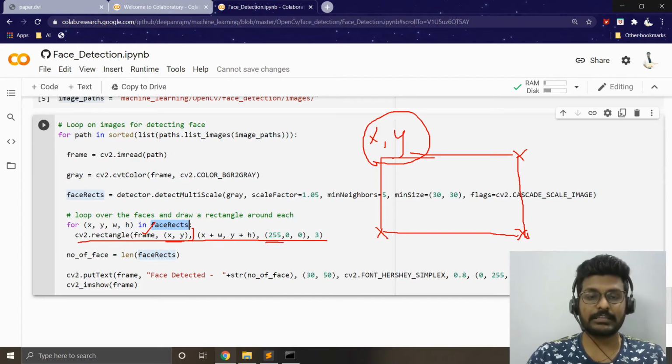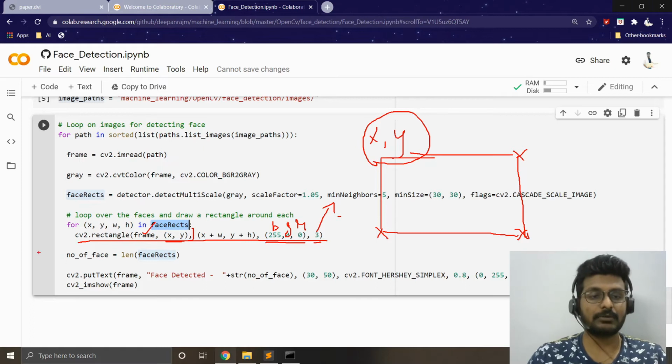So this is going to be the color of the particular rectangle, and this is going to be thickness. So it's going to be in the format of pixels. So 3 pixel thickness is going to be given for the detected face. Okay, so this format is going to be BGR. So OpenCV processes information in the format of BGR. So the bounding box is going to be in the color of blue.